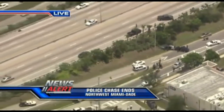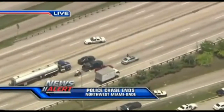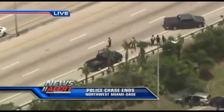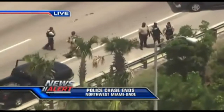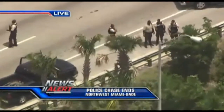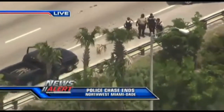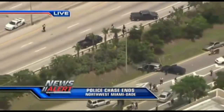some areas of the Palmetto Expressway, especially right here where you can see they have the vehicles stopped, and we've got a couple of police officers here on the roadway, unknown exactly what they're doing up here, whether they've just secured this area on the north side of the south end of the Palmetto Expressway here on the eastbound lanes. But there's a heavy police presence in this area, needless to say. 27th